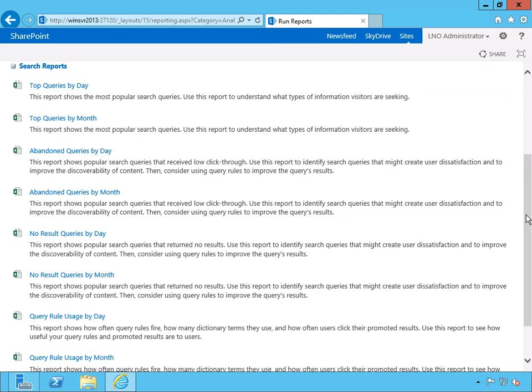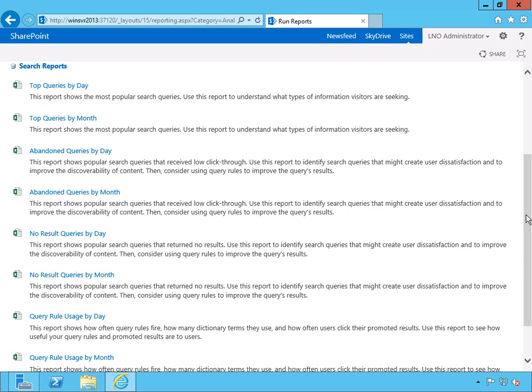and let people come into place. Even more interesting is the no result queries. So the users searched on something and the search engine couldn't find anything to get even close. So it couldn't even make a suggestion. Those are probably the worst queries that you want to see. You always want them to see information coming back. Ideally, you want it very on target and very interesting information, but you at least want it to have some information. A no result query leaves your users thinking that, well, where is everything? So being able to go in there and seeing what they're querying on, if nothing else, you can actually put some promoted content in there to help guide them on some better search terms